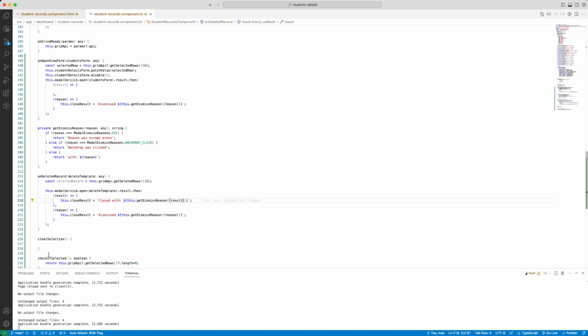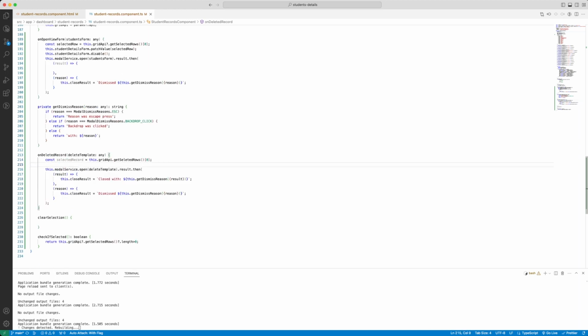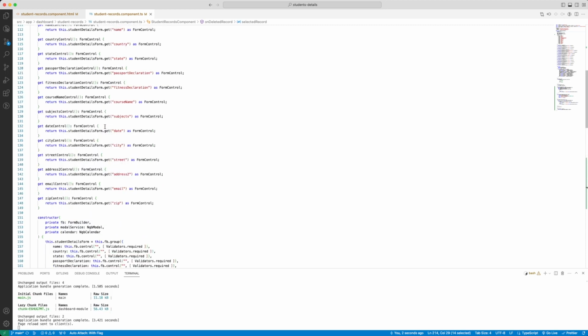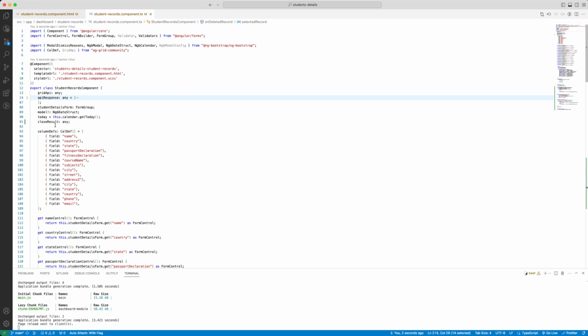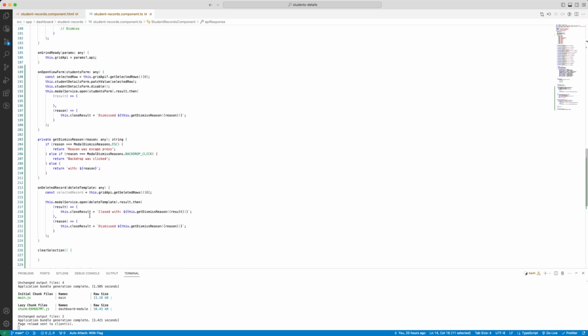So on delete, we have done this. Now you also need to remove the record from the selected run. So now we are going to be removing this particular record from the displayed record. How will we do that? It's simple. We already have the results array available with us, which is in the form of API response. Copy this, come back to delete API response dot for each